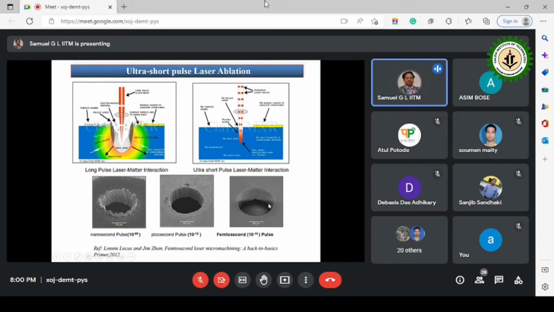So thus they call these femtosecond lasers the scalpel of a doctor. Scalpel means the knife which the doctor uses. He will cut exactly the layer of the skin or any tissue or organ, only where it is required, you won't even cut more. So thus we can see that these lasers will give very nice kinds of profiles.